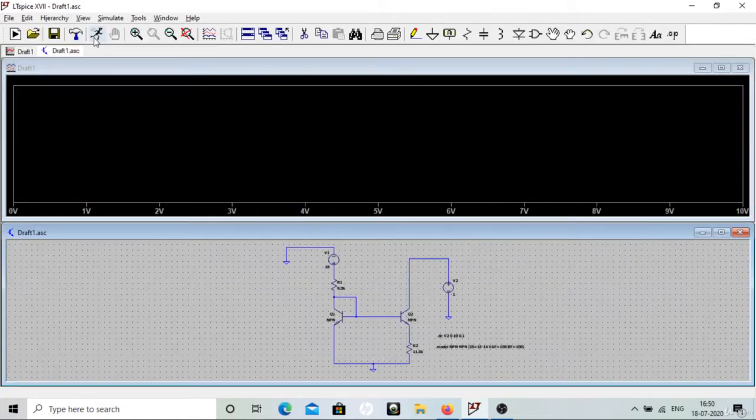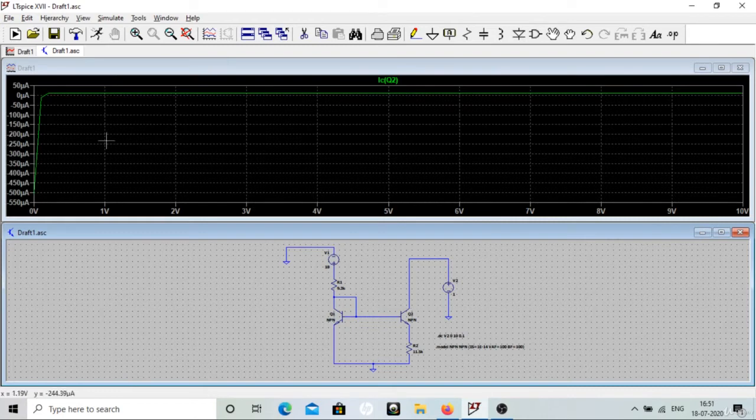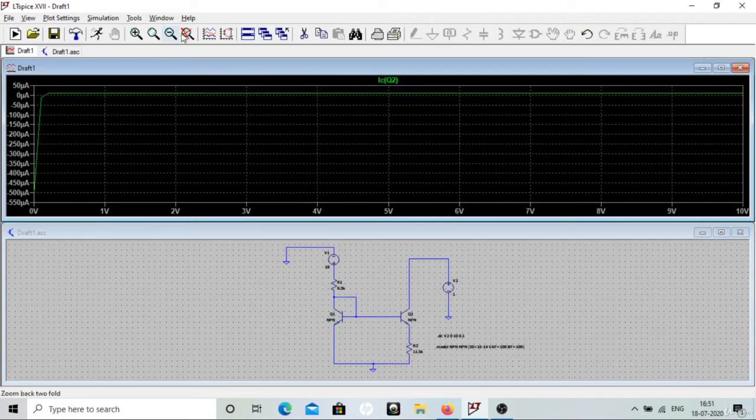Here, if I check the current, the range is between 0 to 50 microampere, but it should be 10 microampere, so let me change it.